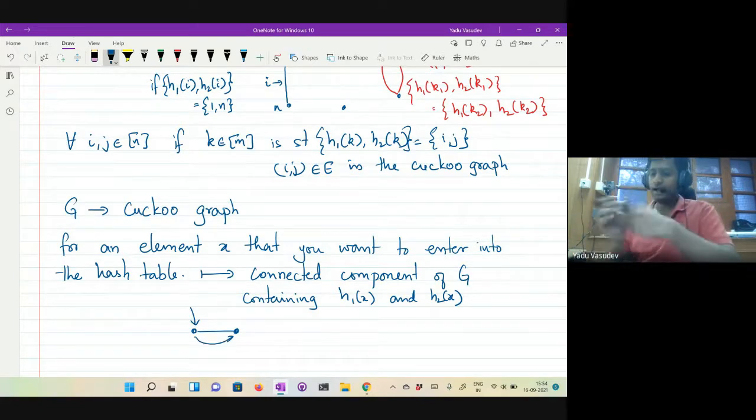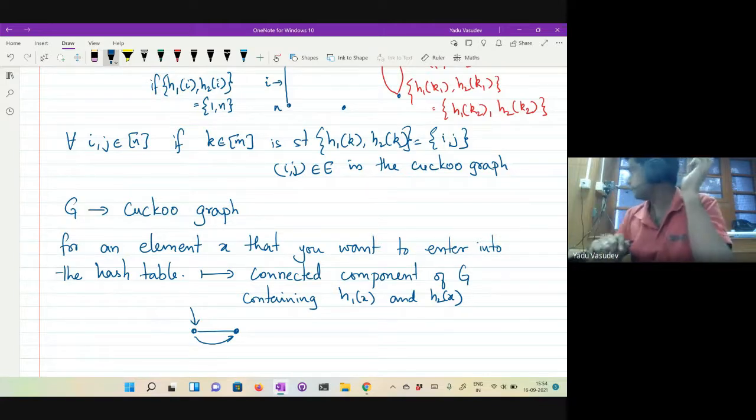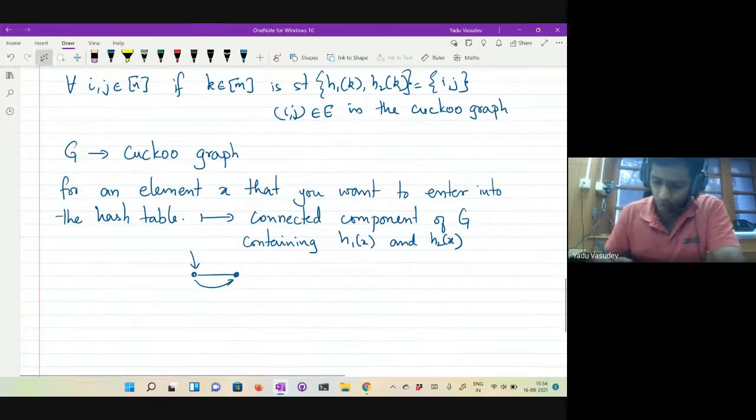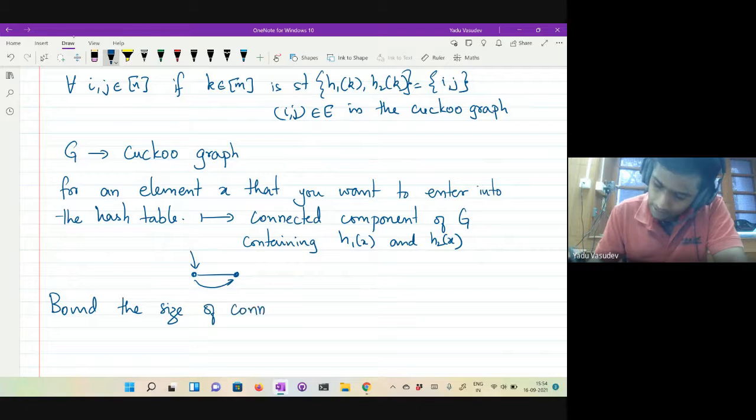So if you're going to enter an element x into the hash table, what we are interested in is the connected component containing h1(x) and h2(x), because that's where you're going to spend time trying to find out where you can enter. So in some sense, you want to bound the size of connected components in the cuckoo graph.